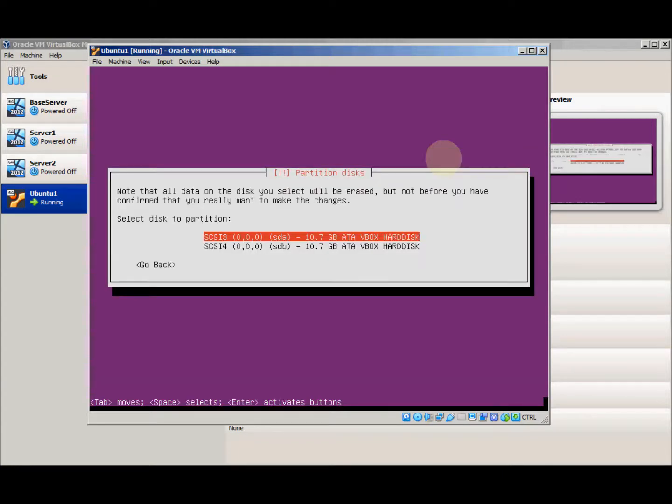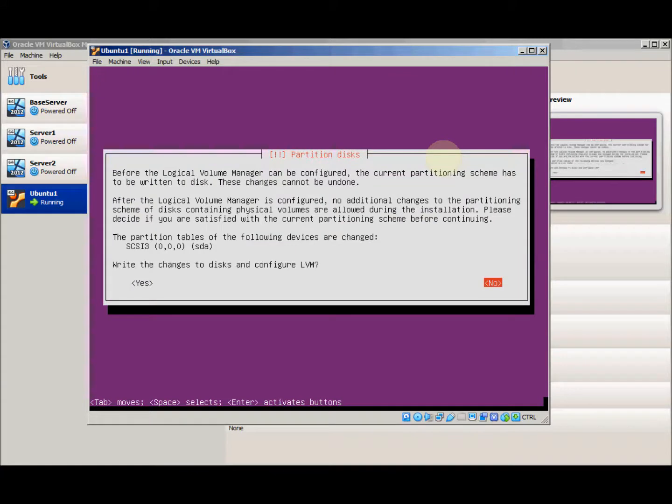And there's our 2 disks, SCSI 3 and SCSI 4. And please note the names that come after that, SDA and SDB. So your first disk is SDA, your second disk is SDB, which is important that you understand the differences, because when we come to install our grub session, we'll be picking the disk that we want to install it on, so it'll be SDA. So we're going to work with SDA,